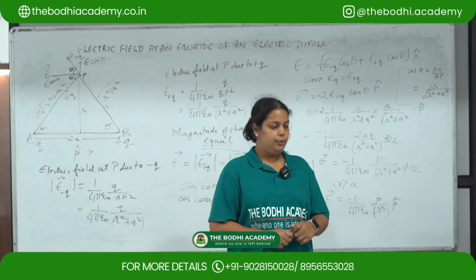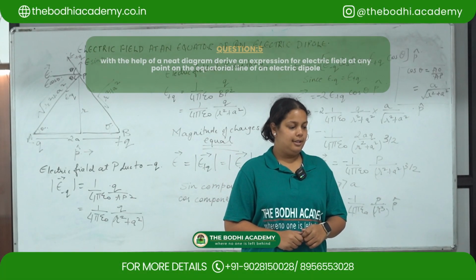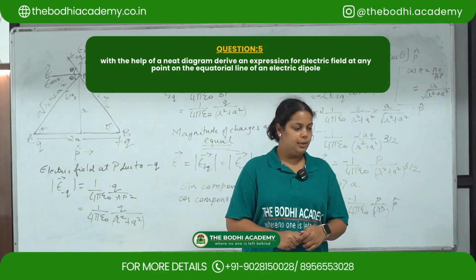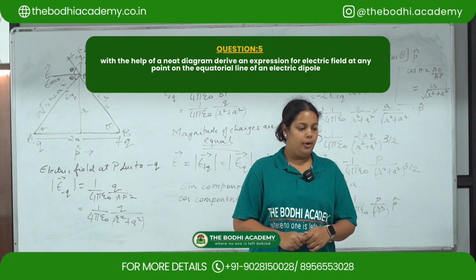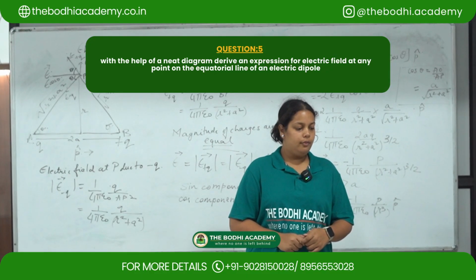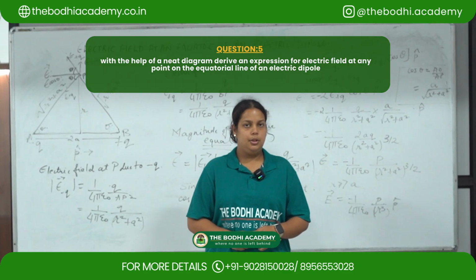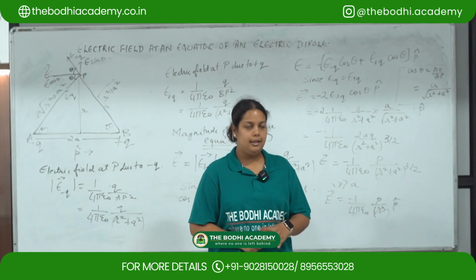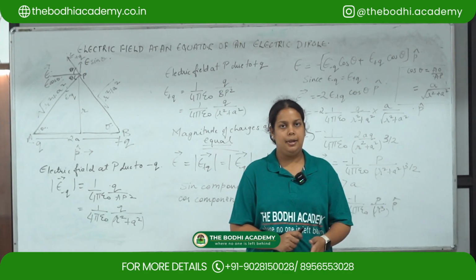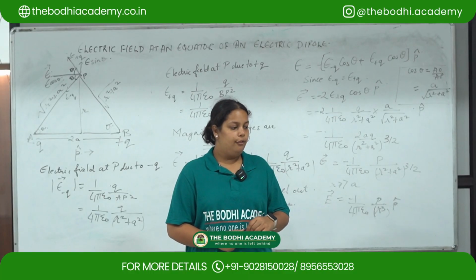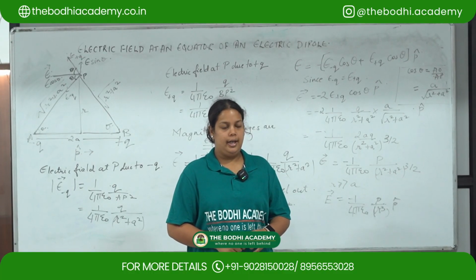So coming to the fifth question, with the help of a neat diagram, derive an expression for electric field at any point on the equatorial line of an electric dipole. So the question has two parts. The first part is drawing the diagram and the second part is deriving the expression for electric field at any point